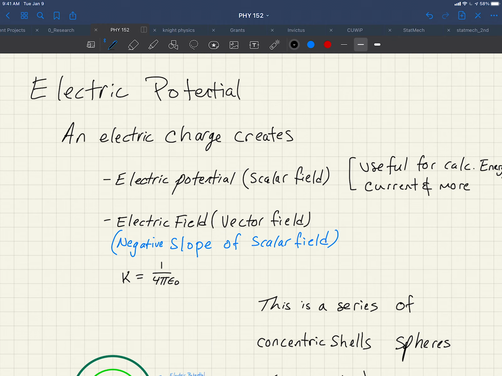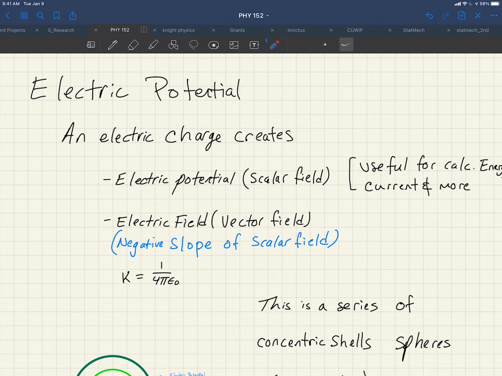So, electric charges, these are plus minus charges we've been studying, create two things. They create the electric potential, which is the new topic for today, and unlike the electric field, this is a scalar field. Now, what is a scalar field? A scalar field is something that has a number at every point in space, as opposed to a vector at every point in space. So think about it, if you had a thermometer and you walked around your room,